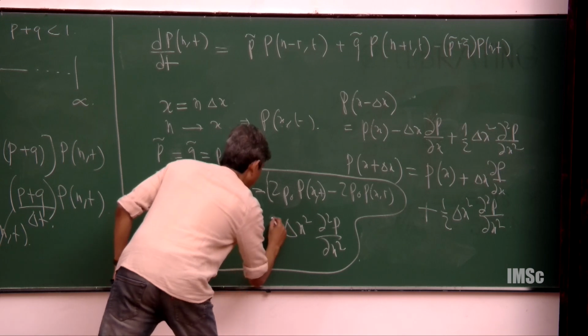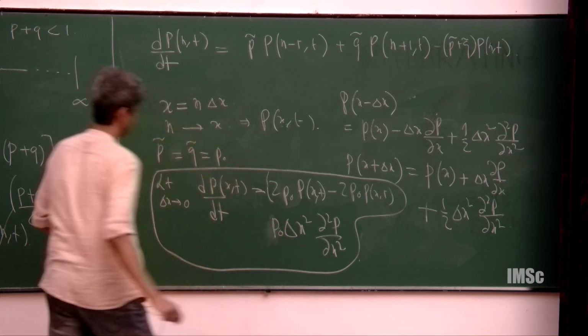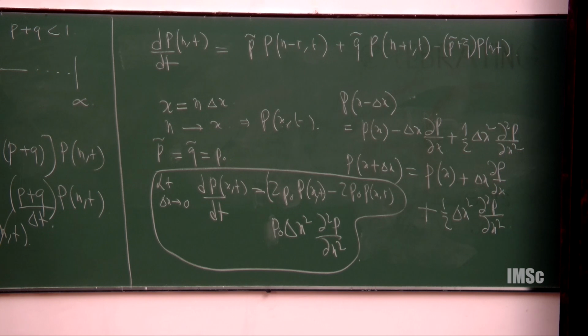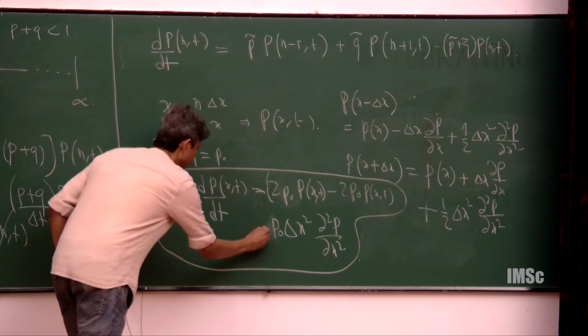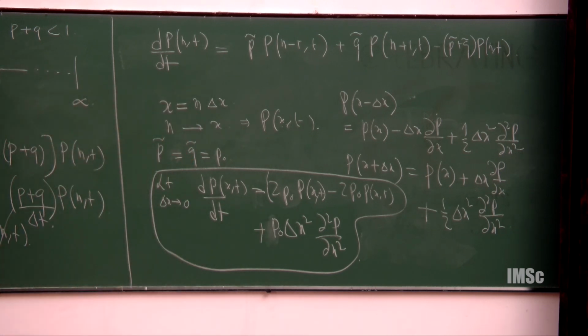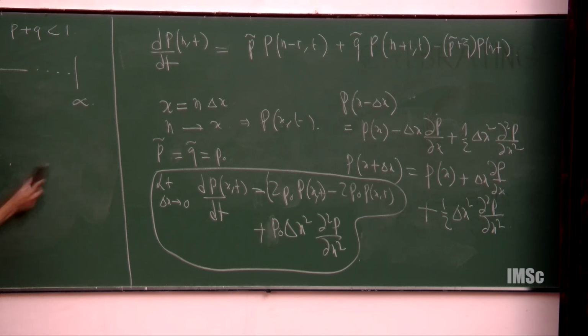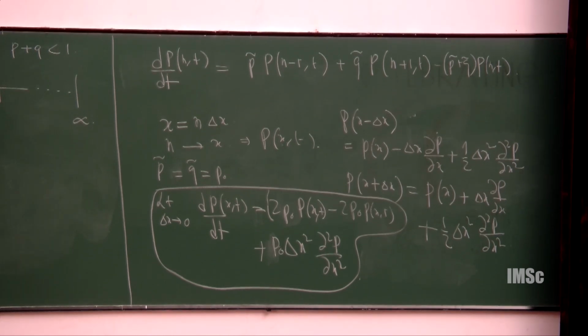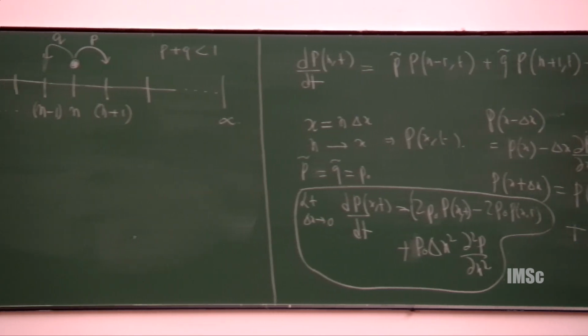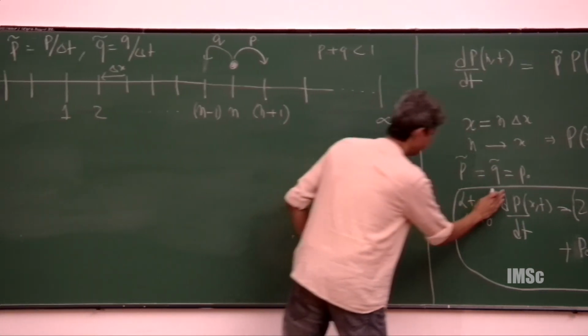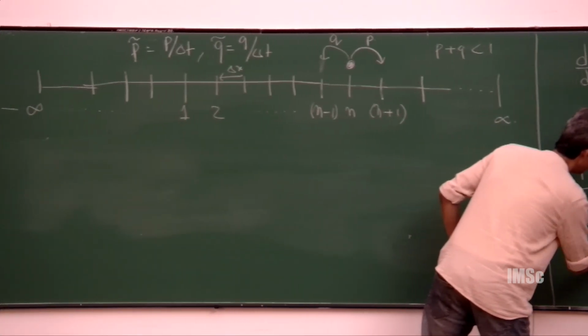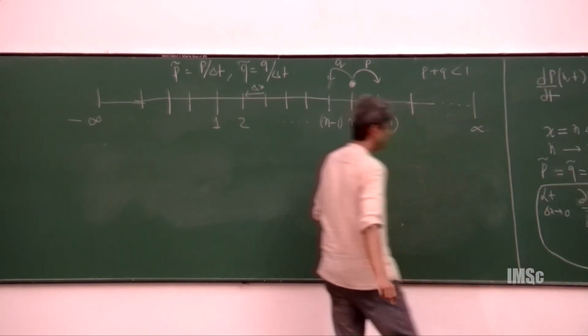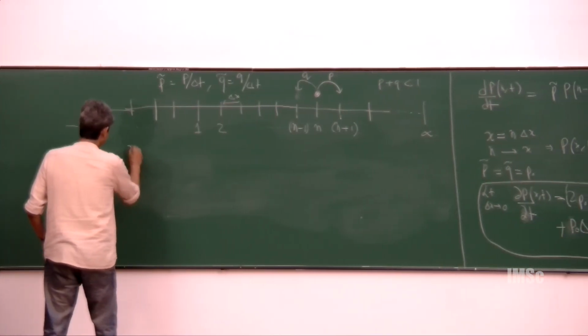It is a p naught here. So what I got is simply, again I have to be careful because I have two variables. Now I should take partial derivatives. So what I have got here is